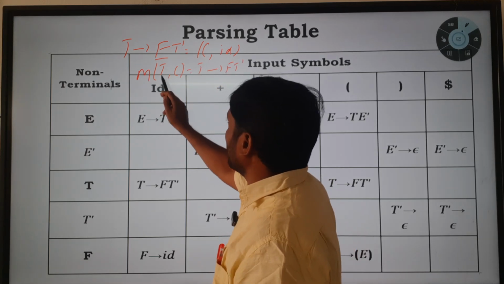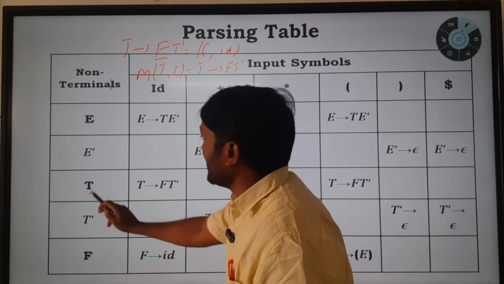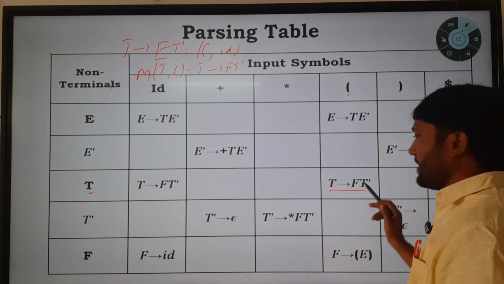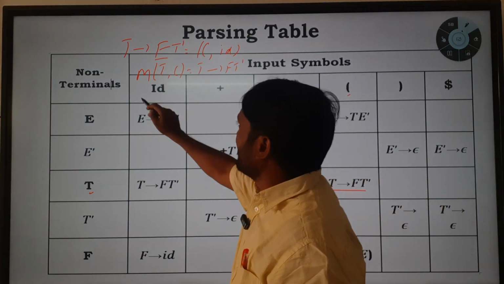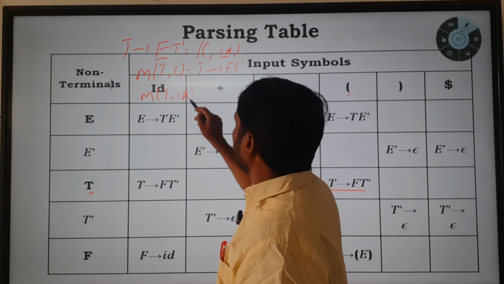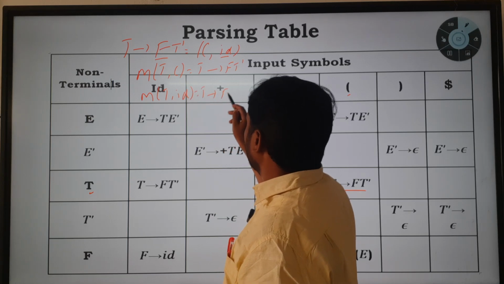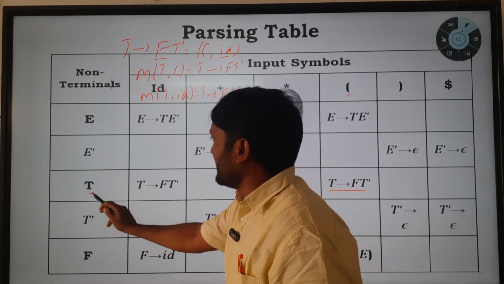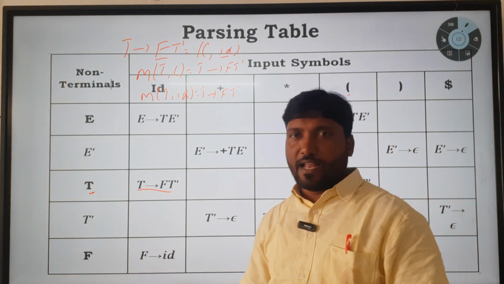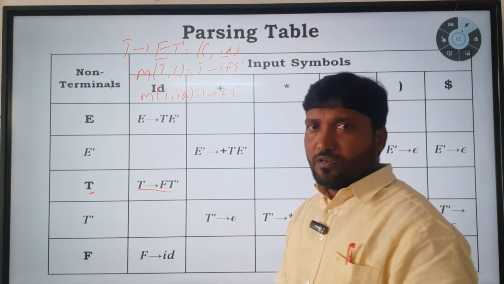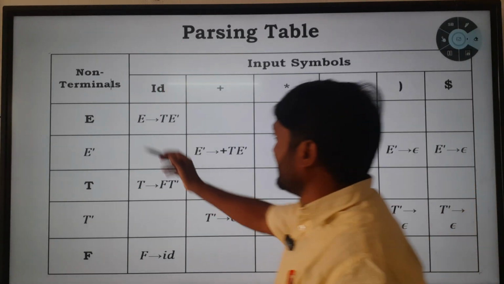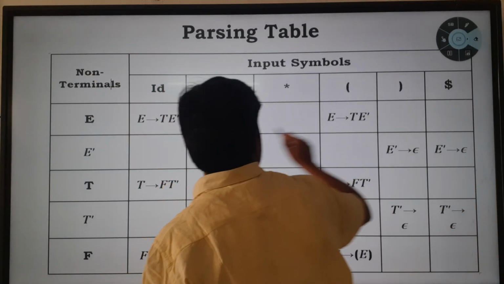So, M of T comma open bracket can be filled with T derives F T', and there is one more symbol: M of T comma id can be filled with T derives F T'. So, T and id can be filled with T derives F T'. This is the fourth production, and there is a fifth production, that is T' derives